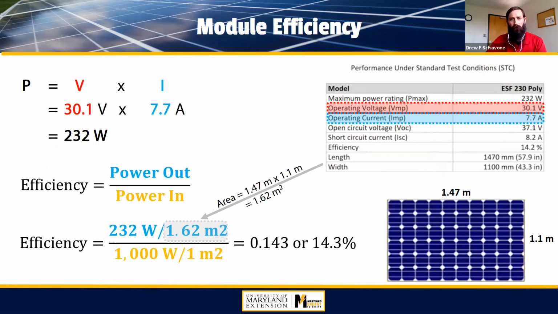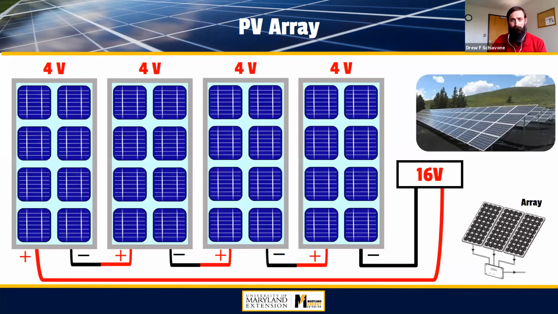If you compare that to what the manufacturer is stating, they said 14.2, so there's probably a little bit of rounding difference, but the same idea. That's how efficiency of panels is calculated, and it's going to specify that that's at the solar standard. Again, if you test it at conditions other than the solar standard, your efficiency is going to look a little bit different than that. Okay, now we're going to move up to the size of an array, because in a lot of applications, a single panel is not going to provide enough power and energy for your needs, and so you'll look at